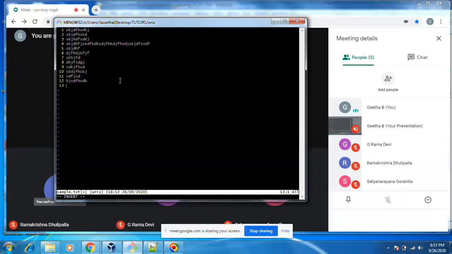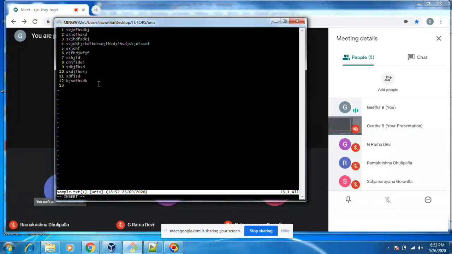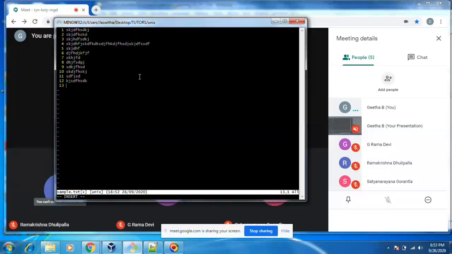I thought whatever I have added is not valid. Then I want to exit without saving. I don't want to save these lines into the existing file. Okay, press escape, colon, q.